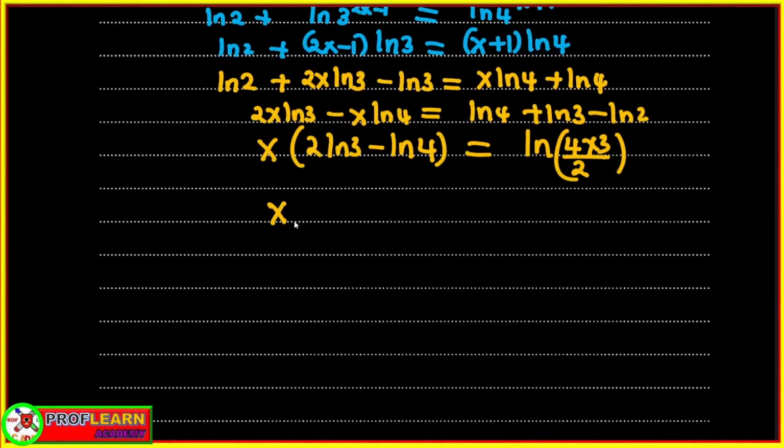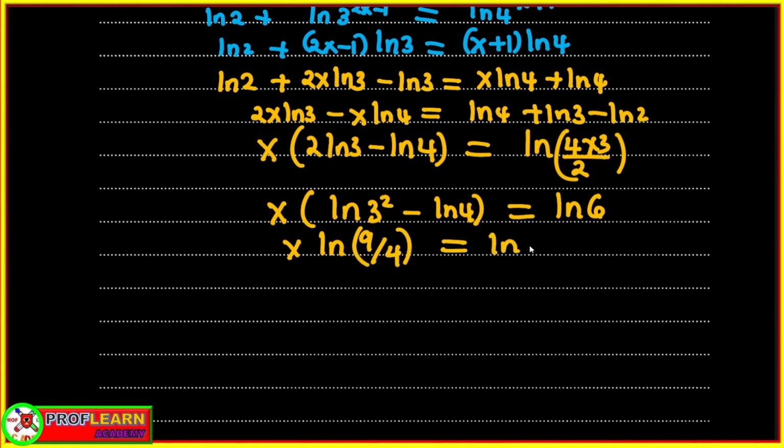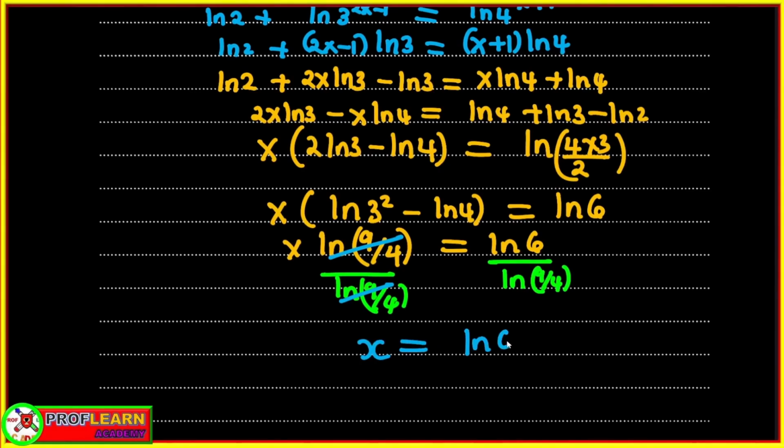We can simplify this part also, and then we can place that, and simplify this further by saying this is going to be ln of 9 over 4, and that equals ln of 6 divided by ln of 9 over 4. Ln of 9 over 4 will cancel out. We're going to have x equals ln of 6 over that, which is going to be given as, right, 2.21